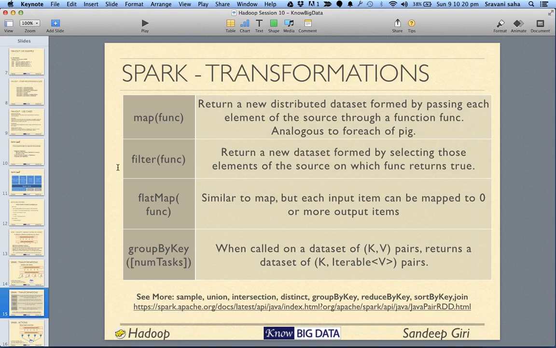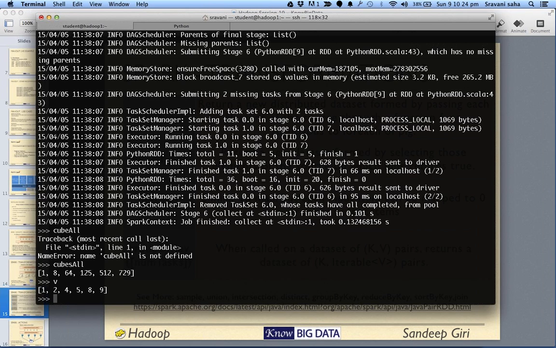For example, let's say whatever we got in the previous cubes all. In the cubes, we want to filter. What kind of filter do we want? Let's say divisible by 2. We only want in our output the elements which are divisible by 2 to pass.